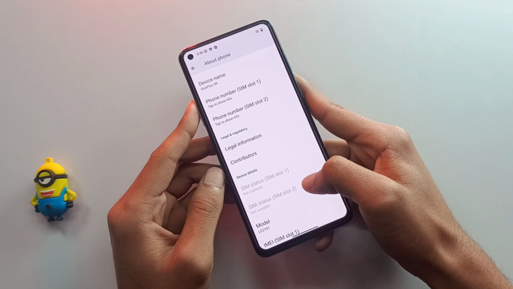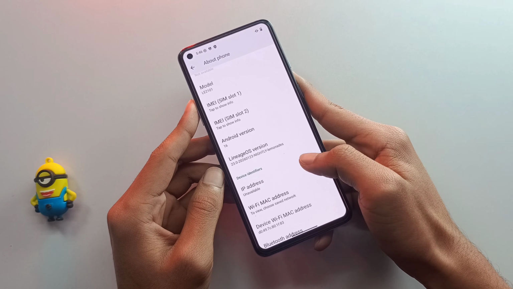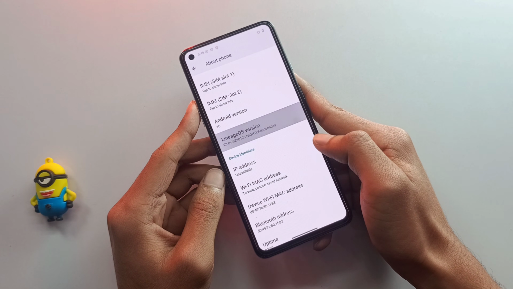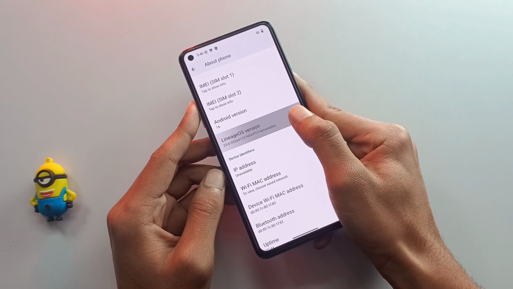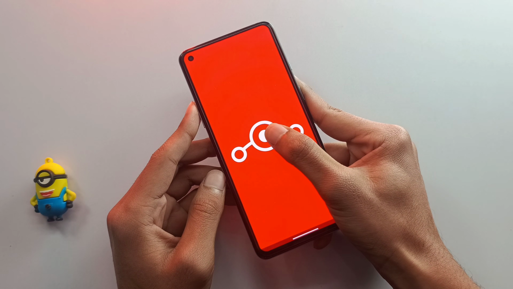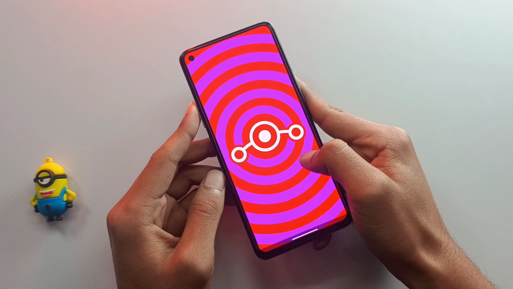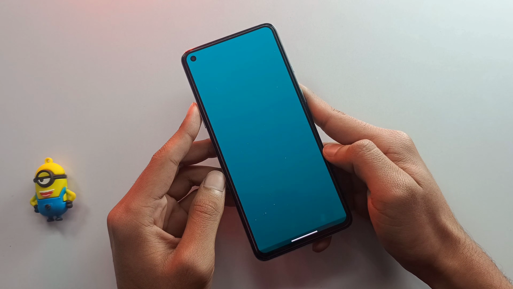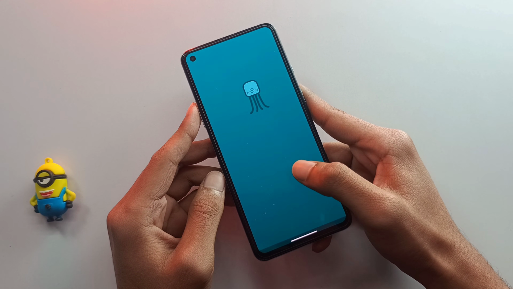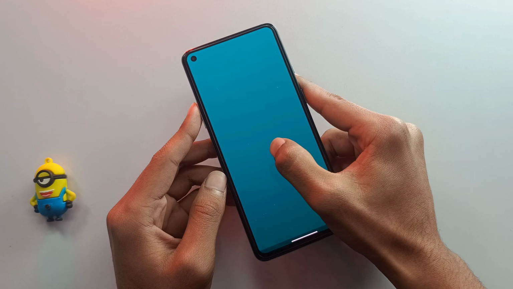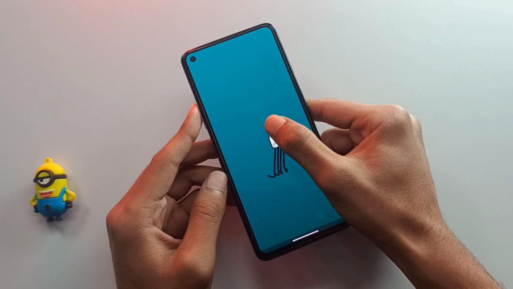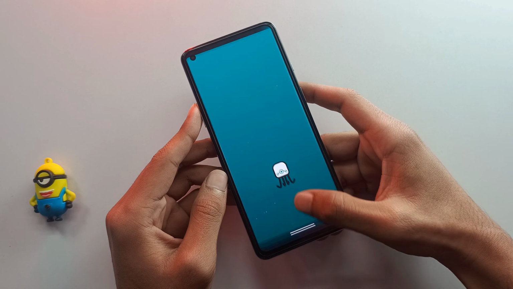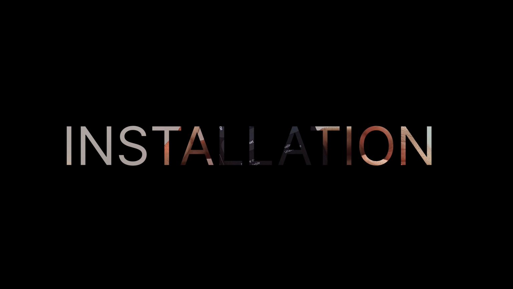If you also want to experience Android 16 on your phone without waiting for the official update, then this video is exactly for you. In this video, I'll explain the complete process from start to finish, including which files you need to download, how to flash them, and what things you need to take care of. Even if you've never installed a custom ROM before, there's no need to worry because I'll explain every step in very simple language so you can follow along without any confusion. So, make sure to watch the video till the end, and without wasting any more time, let's begin the installation